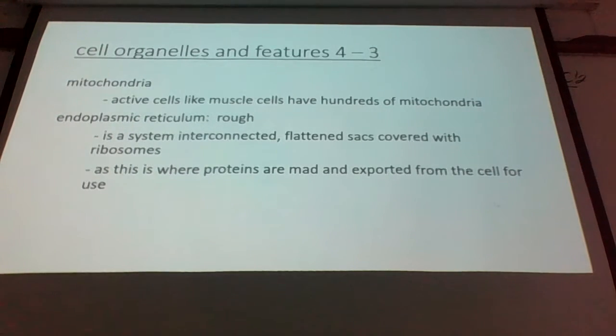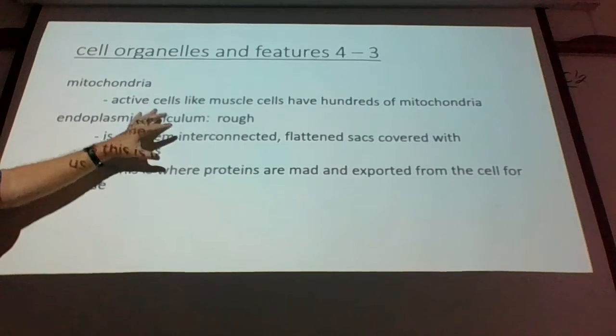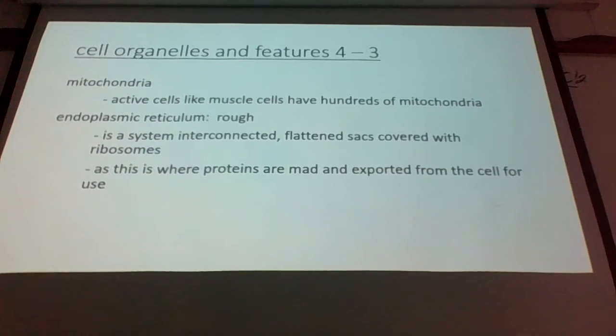In other words, who's going to need more protein? Your skin or your muscle? Muscles, definitely. So you're going to have more ribosomes present on the ER in that muscle cell as opposed to your skin cell. Your skin really does not burn that much energy. It's your muscles, and that's why you have to have all this ER and ribosomes